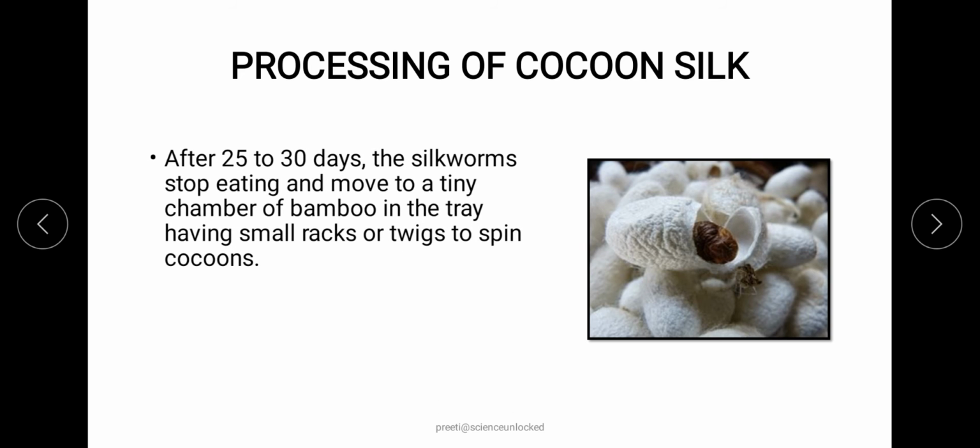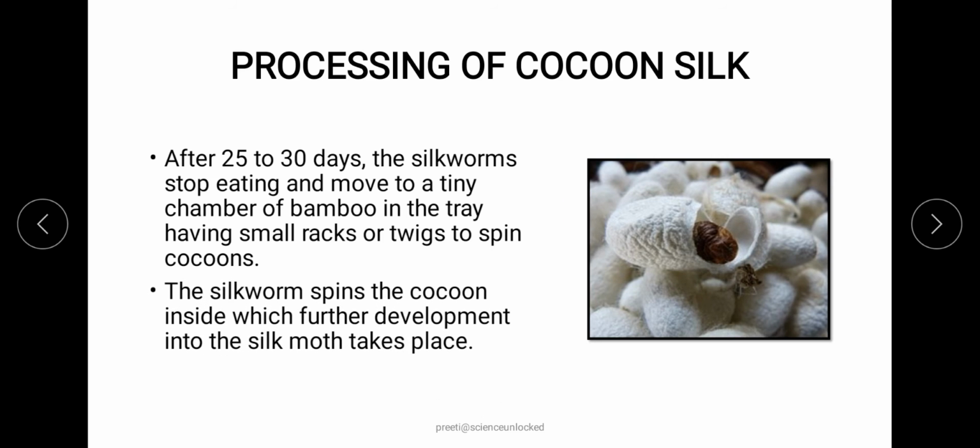It will turn itself into a small cocoon-like structure, which is the 8 structure or infinity structure, actually made out of the larva's saliva, meaning the saliva which comes out of the caterpillar, and it will create this structure around itself so that it can keep itself protected from the external environment.